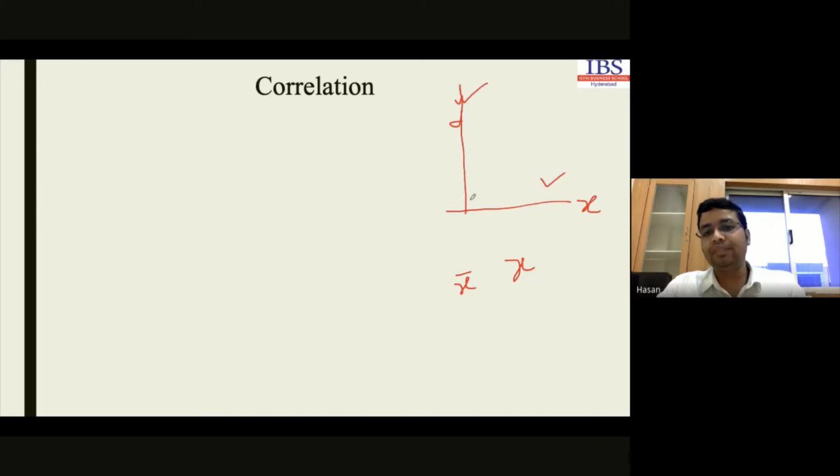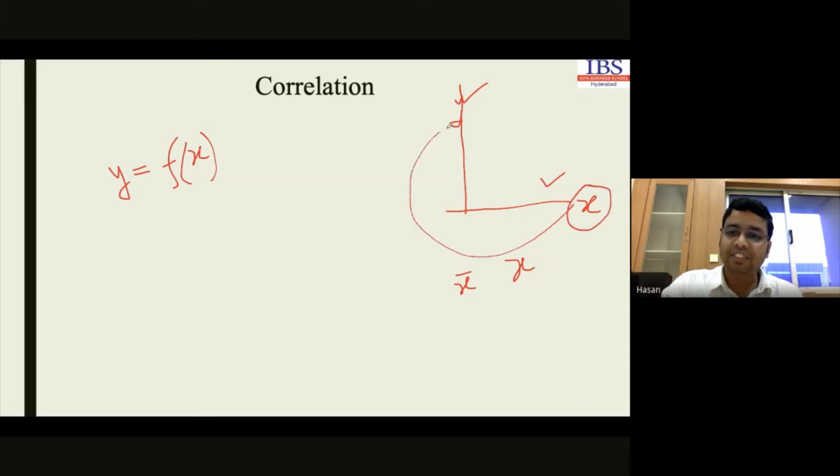These two variables are known as the dependent variable and the independent variable. Any one of them can be dependent or independent. So if we consider y as our dependent variable, we can write y is a function of x. Function of x means if we change the value for x, it will definitely affect the value for y. That means there is some relation between x and y.